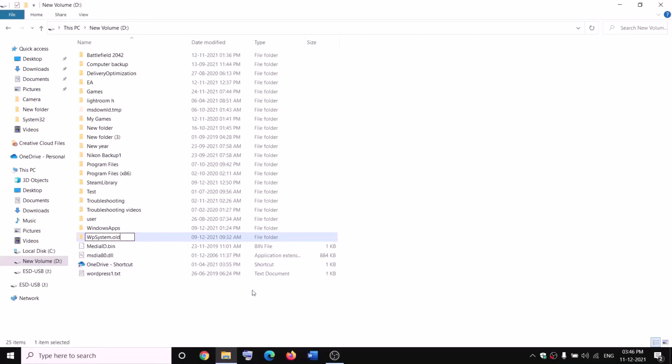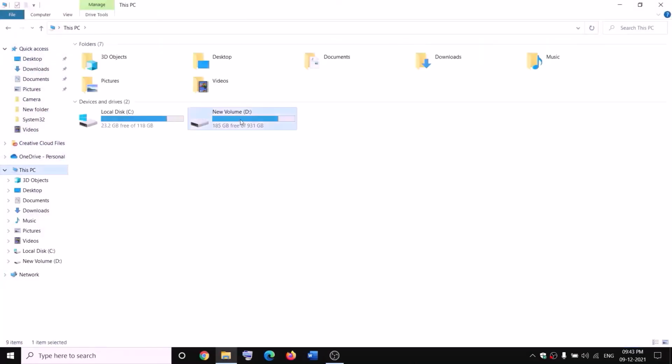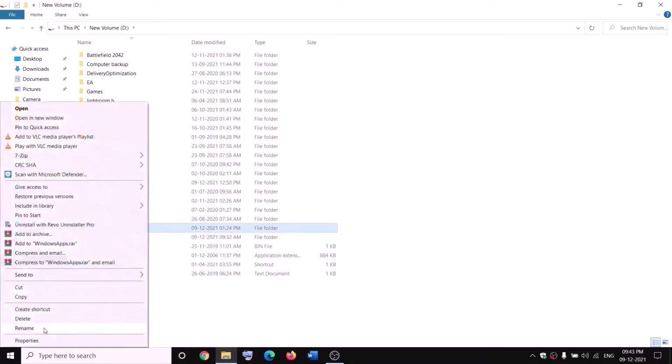Now, if you still face the problem, in that case you can go ahead and restart your computer and then try to rename it once again. Open File Explorer and then go to This PC, open D drive, then make a right click on Windows apps and then rename it. Now before rename you have to take the ownership. Make a right click, then click on